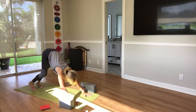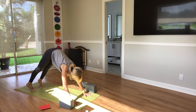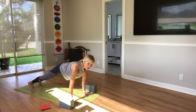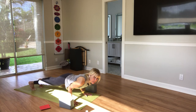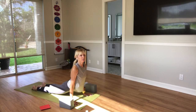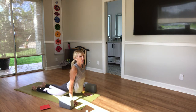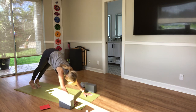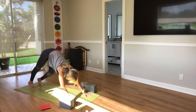Inhale, rise up high on your tippy toes. Shift yourself to the front of your mat, plank. Choose to lower your knees or just bend your arms and come down halfway. Roll over and through, upward facing dog, thighs off the floor. Exhale, downward facing dog. Inhale, rise on your toes, bend your knees, look forward, take yourself back to the top